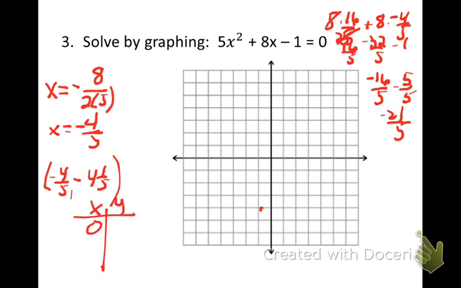If I put a 0 in, I'm going to get negative 1, so that's pretty easy to find. 0, negative 1, which means I have 1 here. If I put a 1 in, 1 squared is 1, so that's 5, plus 8, minus 1. So that's going to give me 12, so that's not going to be super helpful. So I'm just going to hope that I can get it here with my